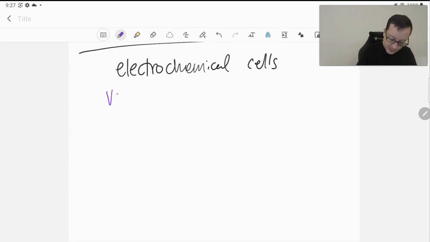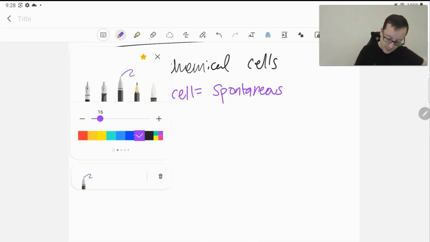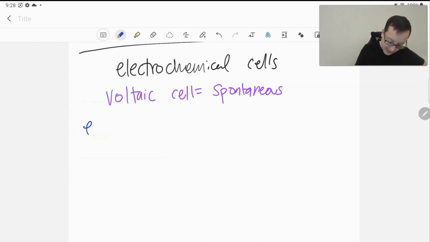We're going to see that a voltaic cell is one that is spontaneous, meaning the reaction will happen as soon as we connect the circuit. Meaning as soon as the wires are in place, the electrodes are in place, the electrons will start to flow by themselves. On the other hand, we have the opposite, which is called an electrolytic cell,